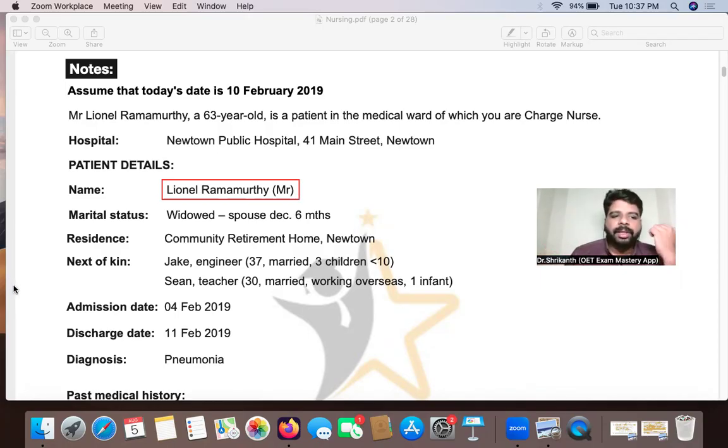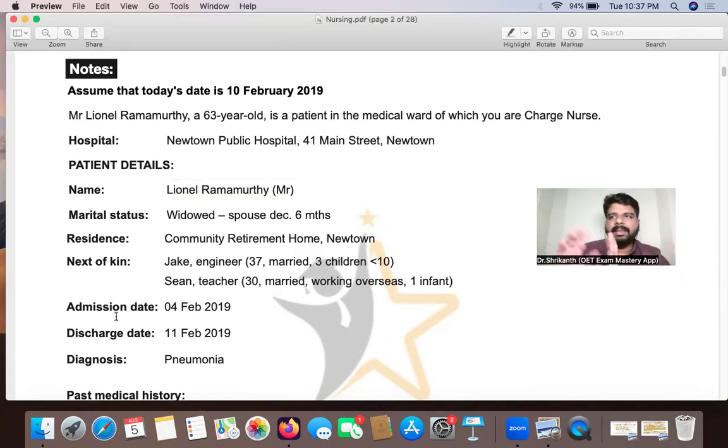So many students, whenever they get a writing task, simply see this as an English language exam. They don't see this as a real patient. They don't bring in the seriousness. They don't write with a lot of responsibility. So here you have to bring in empathy. You really need to understand, this is a patient, and the future of this patient.